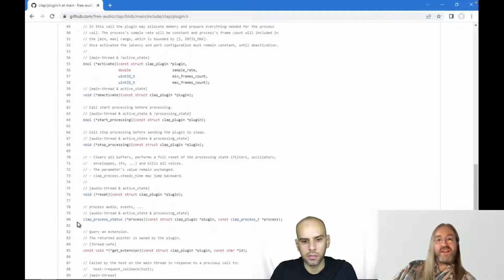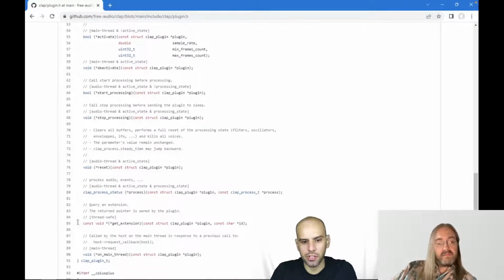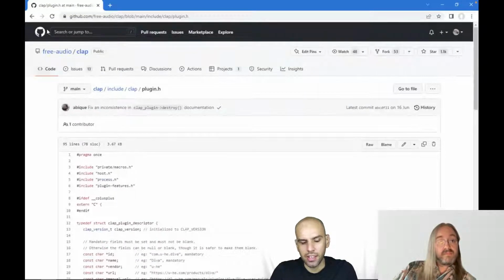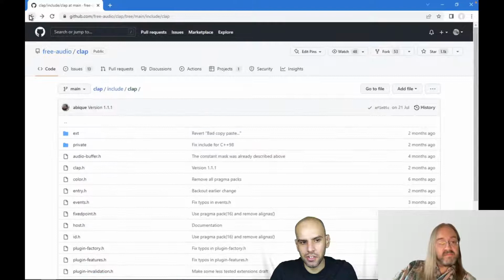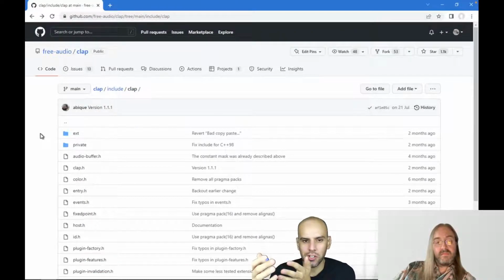Okay. Of course, that doesn't have to do much because there's no audio, but... By default, there is no audio. By default, there is no MIDI. I suppose that MIDI is also an extension. Yes, sure. By default, there are no parameters. I guess there is the channel of communication, and that's what that function boils down to.